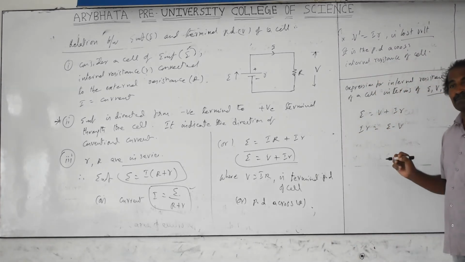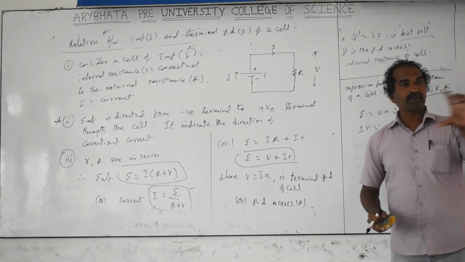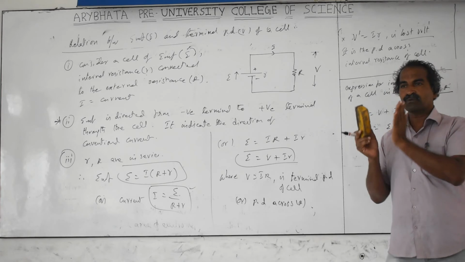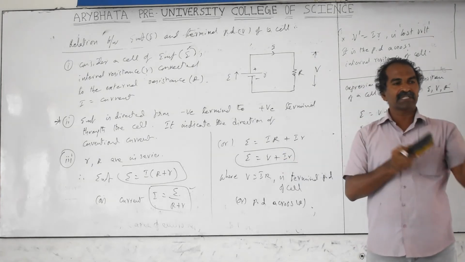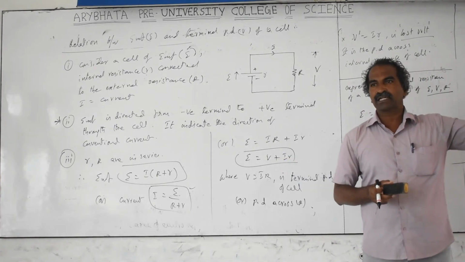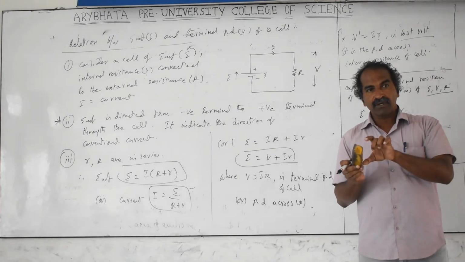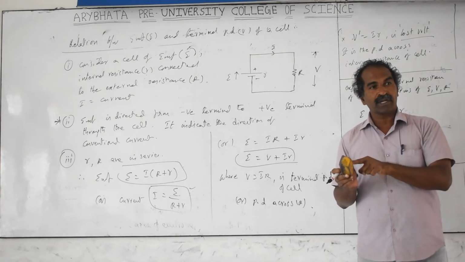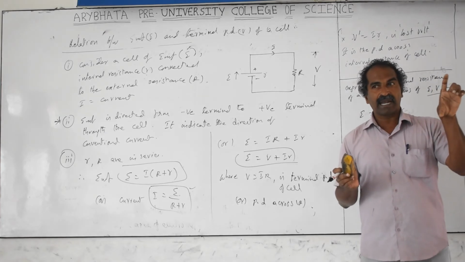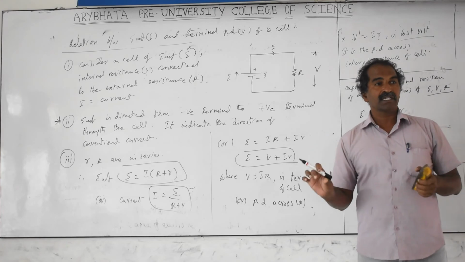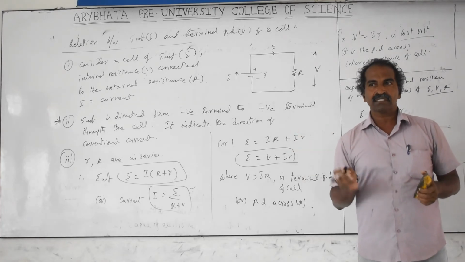But for charging purposes, what do you have to do? You have to connect one more adapter, an extra battery of other voltage, in parallel to it. I want to charge one battery which is not charged, using some adapter with a power supply; about that I will discuss later. When you connect it, that voltage should be more than this voltage. That means the terminal potential difference of the other battery should be more than the cell we want to charge.